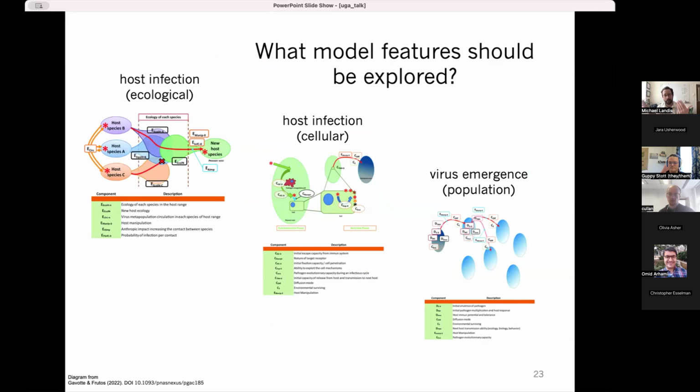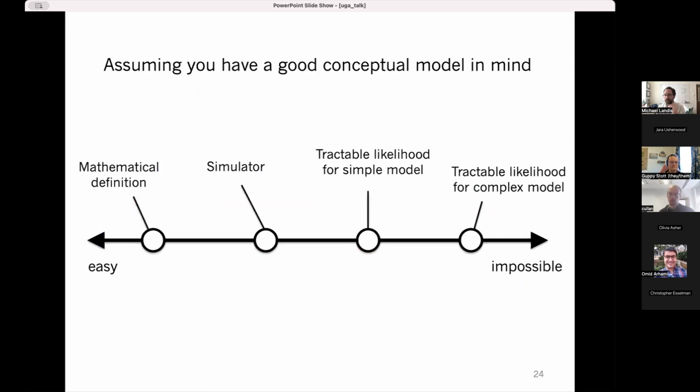And with modeling, we're constantly balancing how much detail we need to answer the biological questions. But with modeling, there's a separate problem, which is how do we have the simplest model that is tractable that gets at those questions as well? This is a real barrier in designing models, this computational tractability. So let's say you have a beautiful model in mind. You've spoken to all of the biological experts and they agree it needs those features. If I were to rank from easiest to hardest tasks, and this is difficult to rank in any particular order, I would say that defining models is often one of the easiest parts of